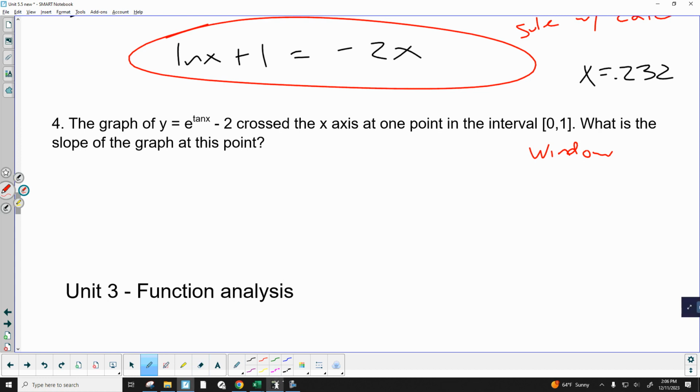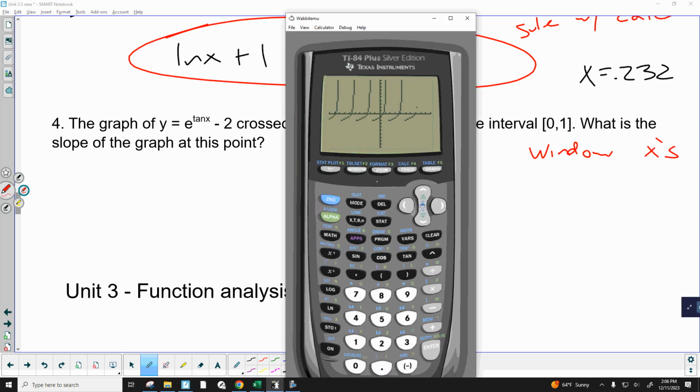Now, window is where we can change our x's and our y's. However, I'd recommend we just change our x's using window. Now, if you press graph after you go from 0 to 1, not negative 1 to 1, 0 to 1 for your x-min and your x-max, this is how you change the x's or the y's. You can see you have this, but again, it doesn't look great,